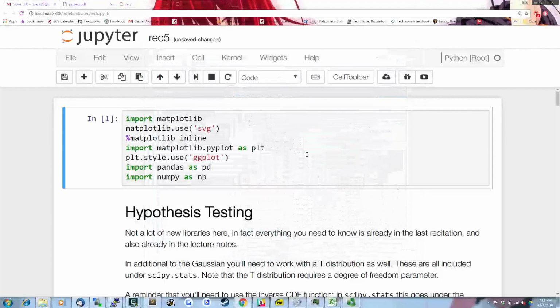All right, so this is going to be the recitation for homework 5. If you've looked at the notebook, there's a notebook on hypothesis testing, a notebook on unsupervised learning, and the 688 notebook is on collaborative filtering. Collaborative filtering is the same size as before. Hypothesis testing is a little smaller, and the unsupervised learning notebook is heavier in terms of